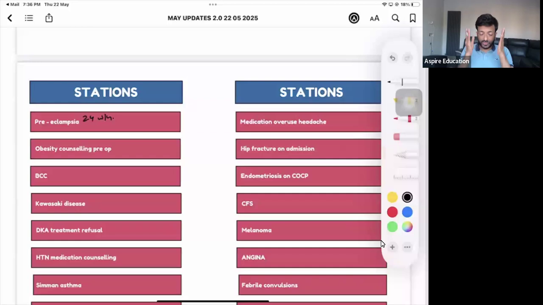So we may not be sending this patient home. But if the diagnosis of preeclampsia has been made, I'll admit for now, but I may not admit until the completion of 37 weeks. So maybe after 2-3 days, if everything is under control, the blood pressure is under control, there are no urine proteins, baby is fine, mother is fine, I might be able to send this patient home and then call again. That's what can happen. Now, preeclampsia, 24 weeks, that's what happened.